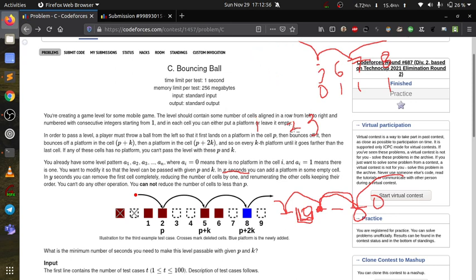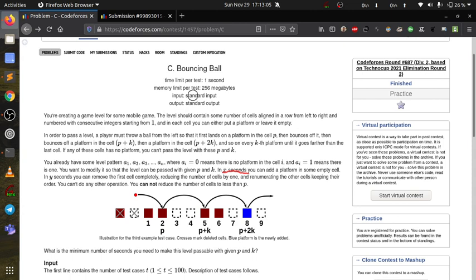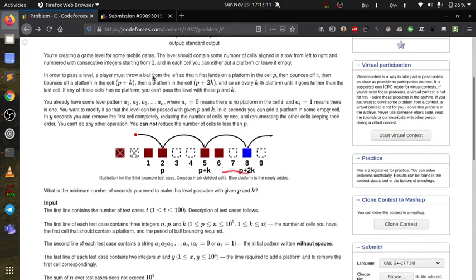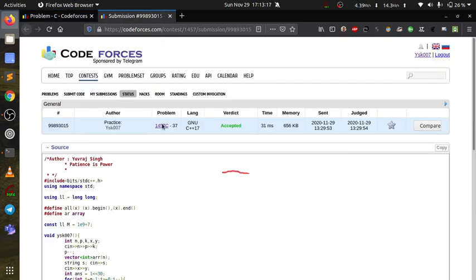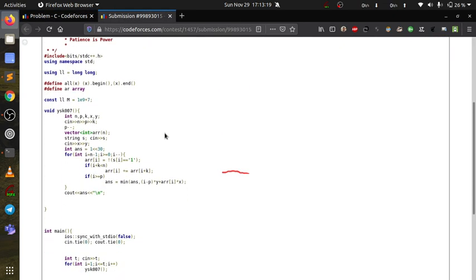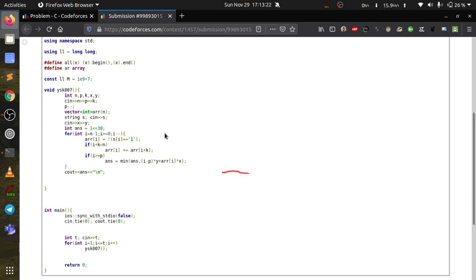So I think if I show you the code, it will be better and you will understand from there. That is a successfully accepted code, so let me show you the code. Basically, what I have done here is I have taken all the necessary input as given in the question. Why I did -1 here, it's a simple reason.